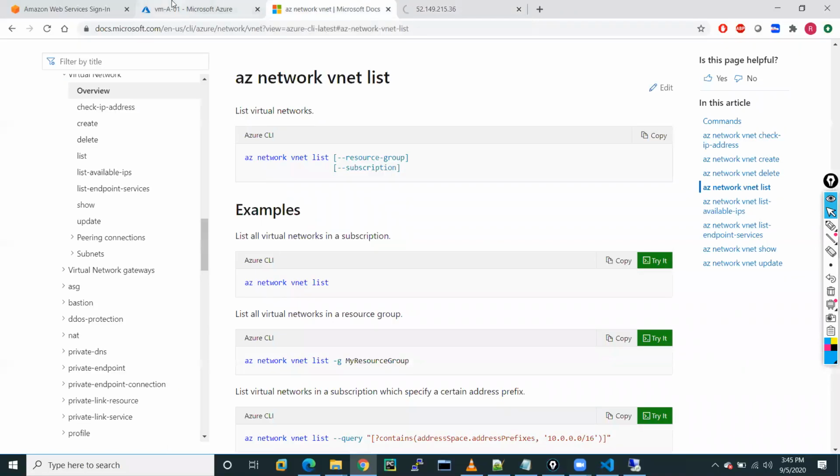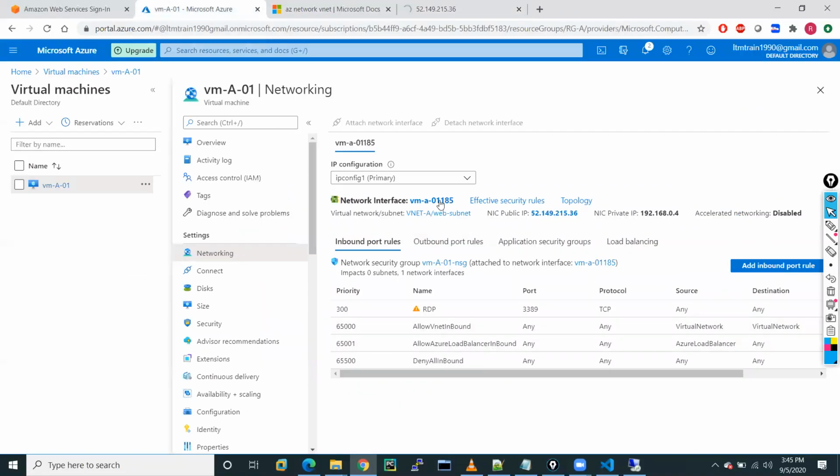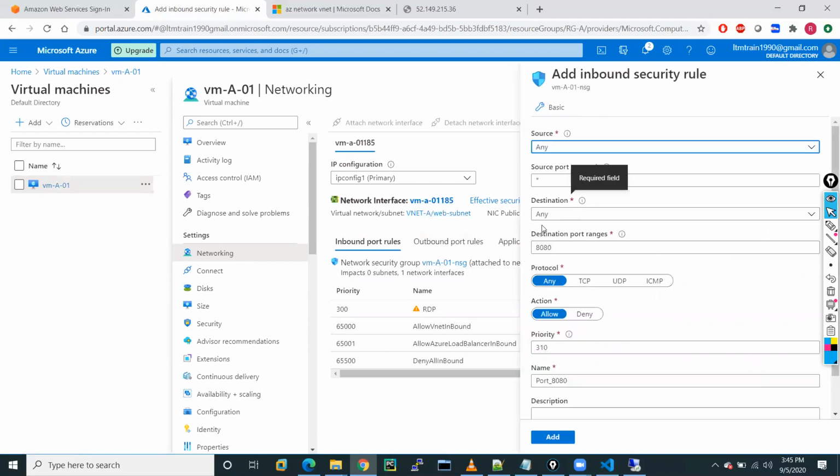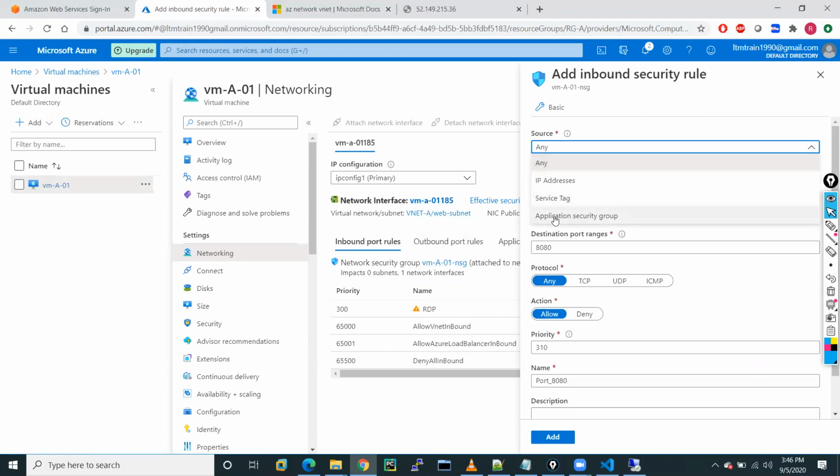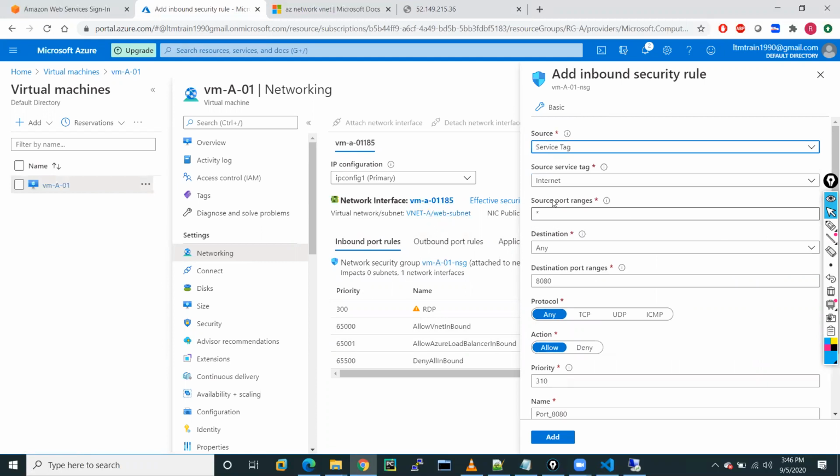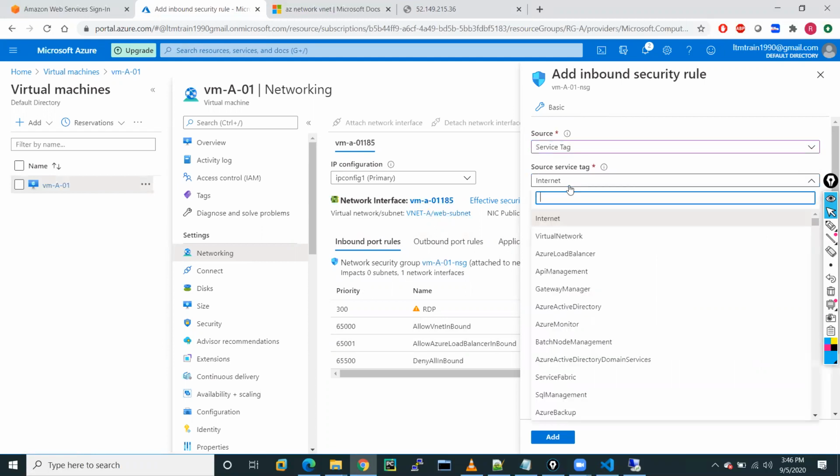I'll discuss these rules when we study network security groups and application security groups. There are very nice features of security tagging. Yeah, application group service tag is there. That's a very nice feature, all kinds of service tags. Here we will add lots of things.